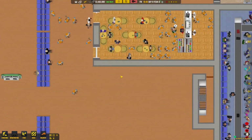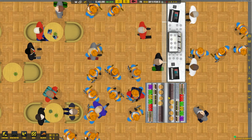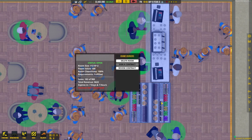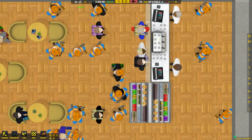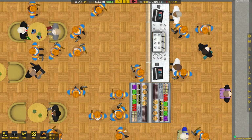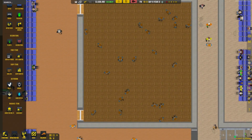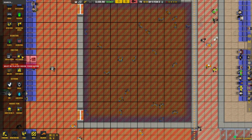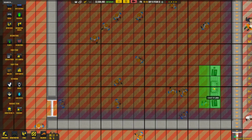We're working on this food shop, which is... Okay, so I think I was right. Yeah, the food stands do face a certain way. Okay. So I'm wondering what kind of shop we're going to do up here then. So if we go to Cafe Counter, and we can put one of those there,